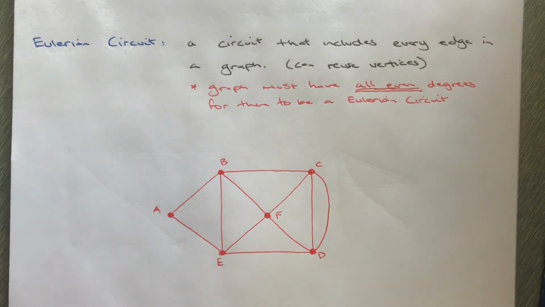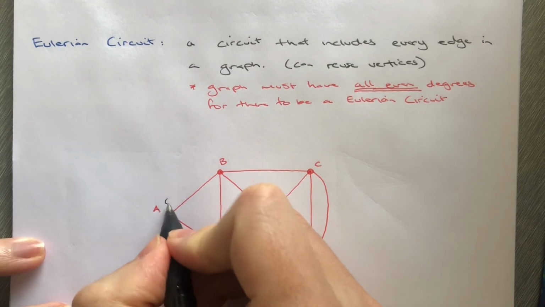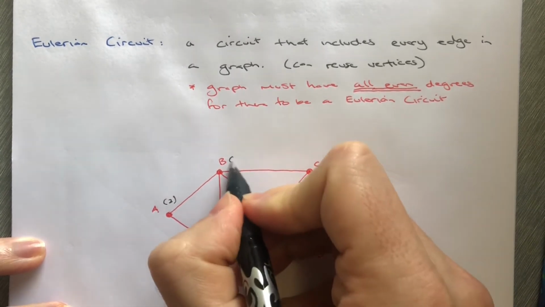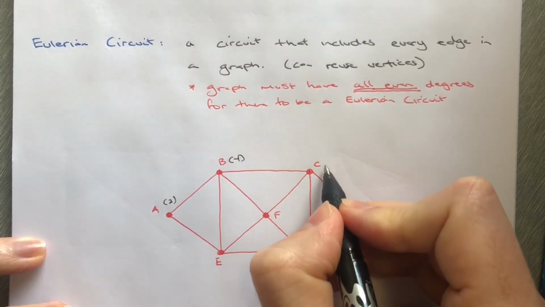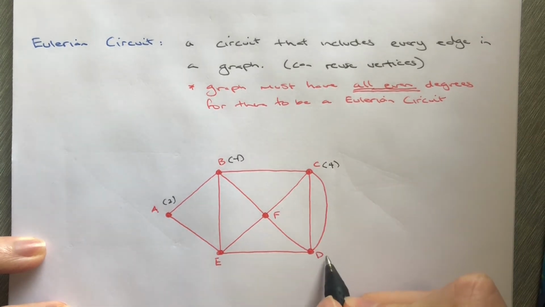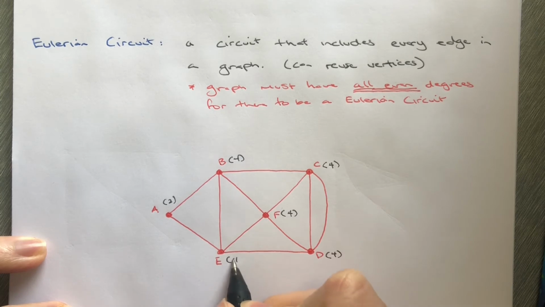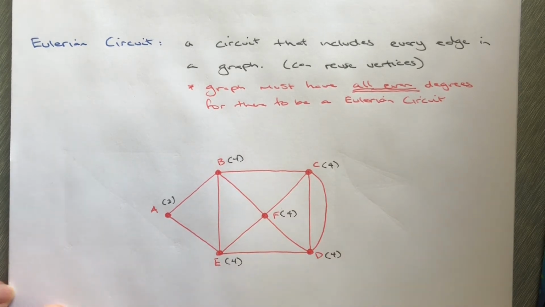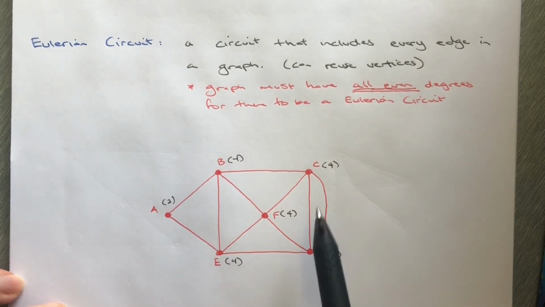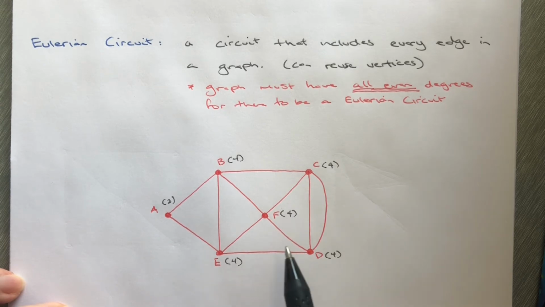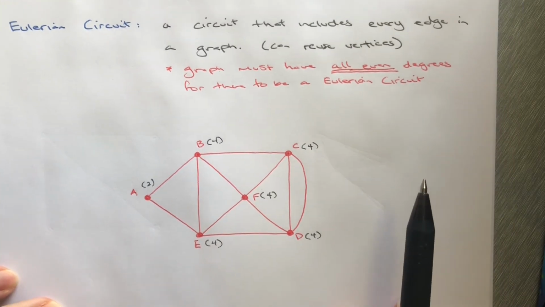Now, it looks like they're all even, but I'm just going to check. So A has 2, this one has 4, this one has 4, 4 as well, another 4 here, and another 4 here. So we can see that they're all even. It's important that we check that beforehand, because if any of them are odd, it means it's not going to work. So why would we try to find a circuit if we know there's not going to be one? All right, so let's